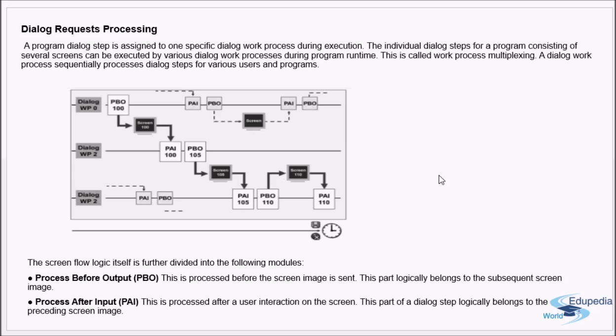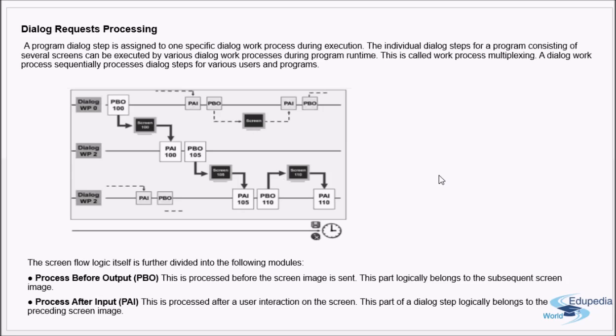So the very important work process is the dialog work process. Every SAP instance should have at least 2 dialog work processes. I mean every instance. If an SAP system has n number of instances, then every instance should have at least 2 dialog work processes. This does the actual processing. Whenever any request is initiated from the user, first it goes to the dialog work process. And